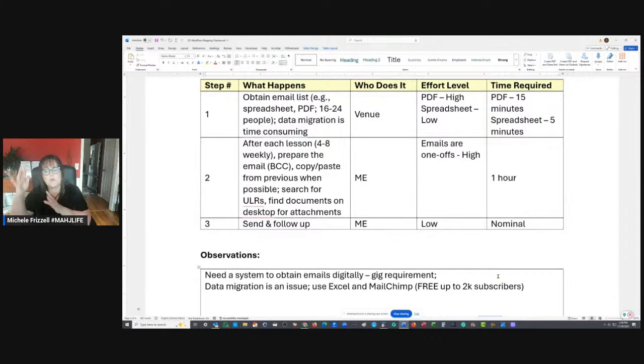But you would want to have a column for, for example, which class did they take? Well, this is where it can get a little more complex. But if you use something like MailChimp, you can use tags and create a tag for every class.